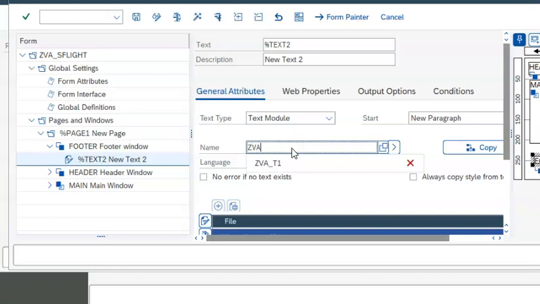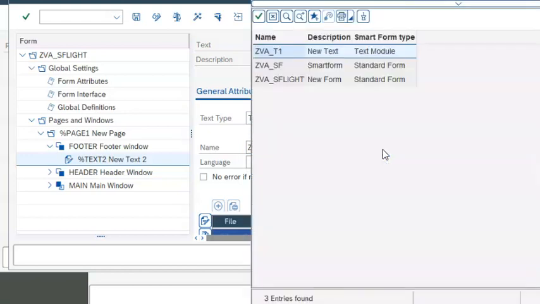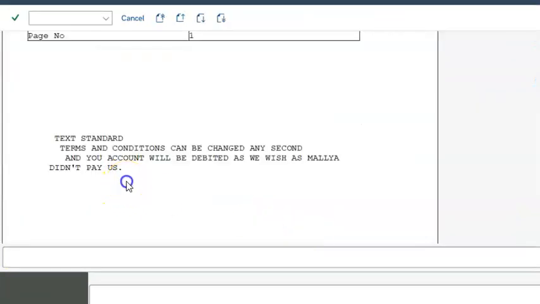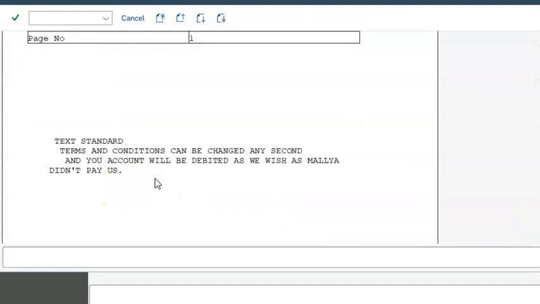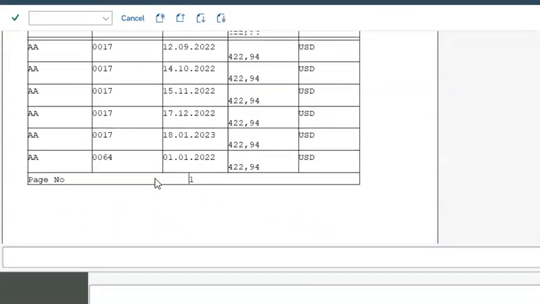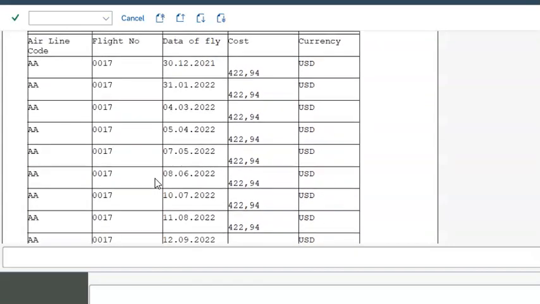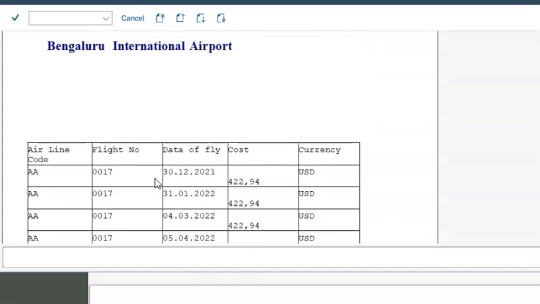So we'll go for ZVA star and select from the drop down. ZVA underscore T1 is the one. Language, let's give the language as EN. Say OK, activate. The text we are able to see here is actually something which we have got from the text module. So now we have seen various options, and one most important option that we have here is